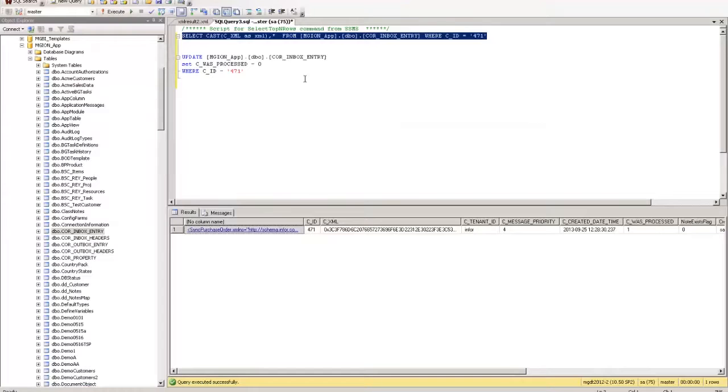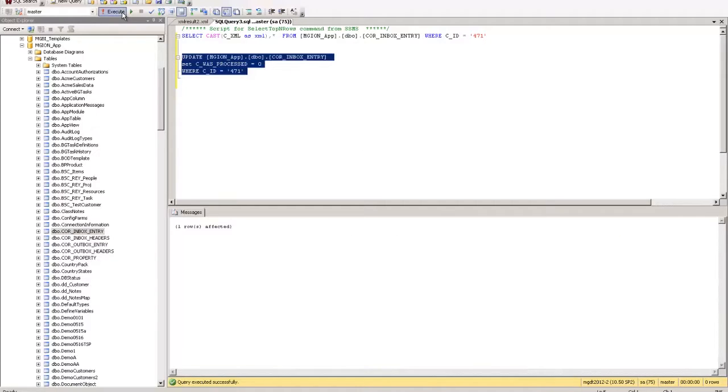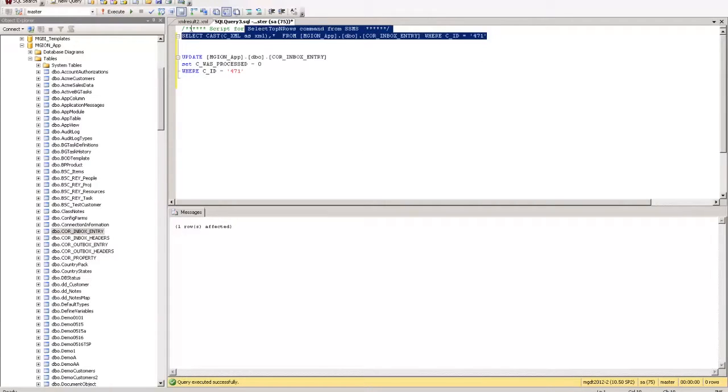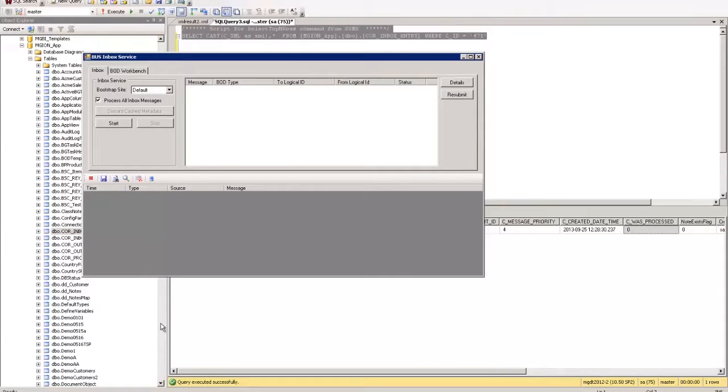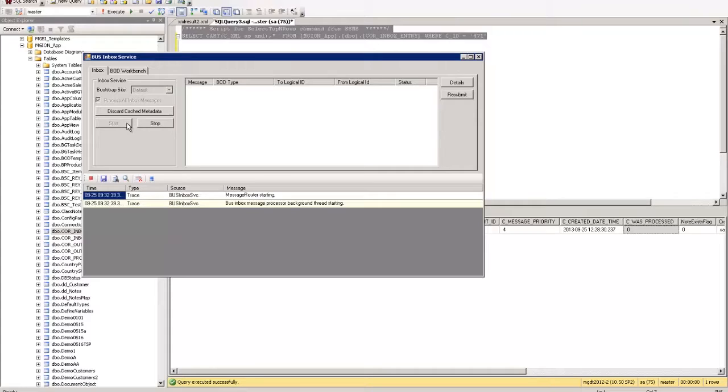Back at our document, set the process flag to 0, which indicates that it hasn't yet been processed. It will remain 0 until the bus inbox service picks it up. When we start the bus inbox service, we expect to see a lot of info related to all the different transactions that could be happening in the lower frame. And if it finds a transaction that needs to be processed, it'll move it up to the frame above. Click Start,